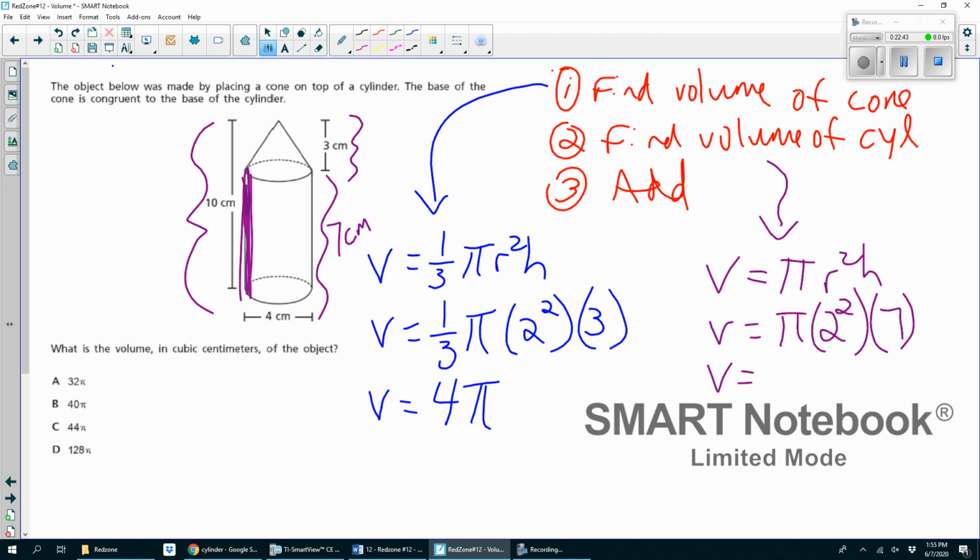Again, I'm not going to put the pi in my calculator. 2 squared is 4. 4 times 7 is 28. So 28 pi. And when I add these together, 4 pi plus 28 pi, so that's the volume of the cone plus the volume of the cylinder, equals 32 pi. Choice